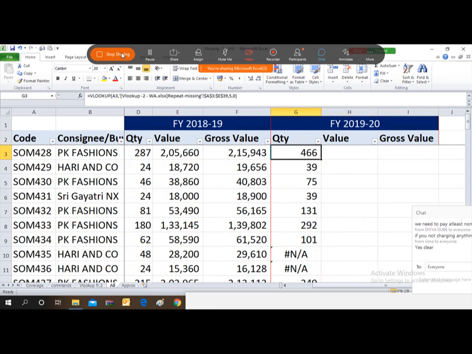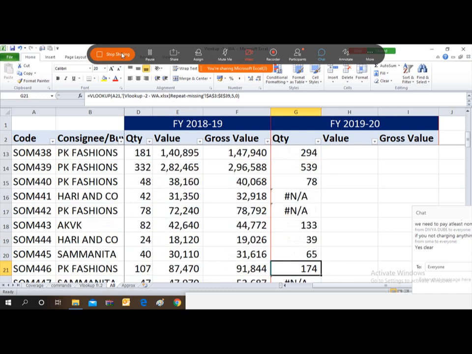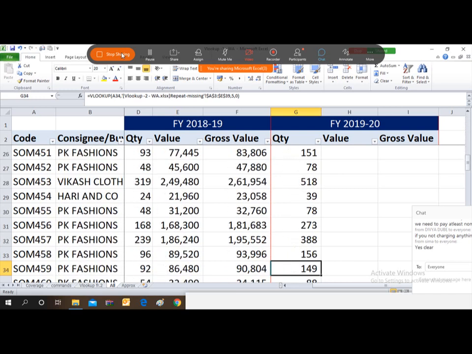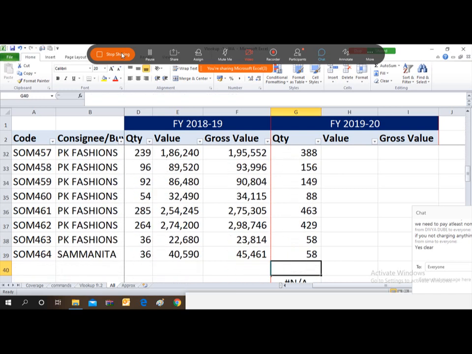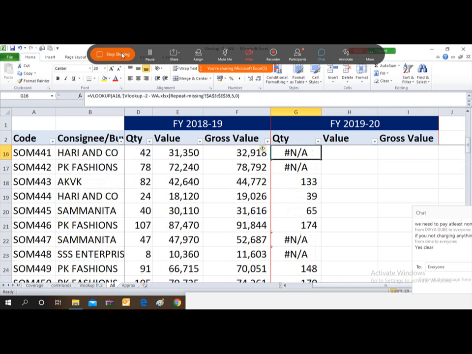So friends, what I have done in this table is I have just typed the formula and dragged it down the entire column.